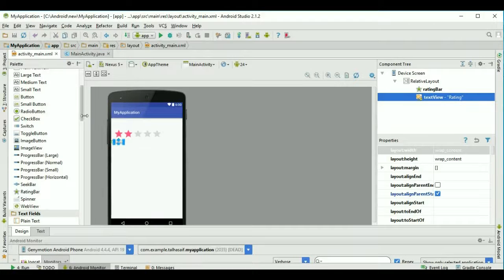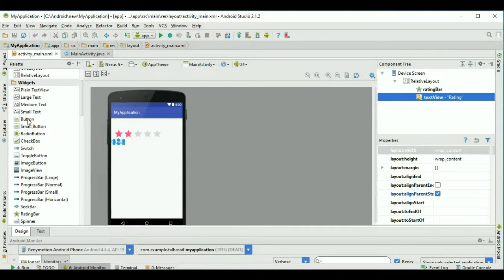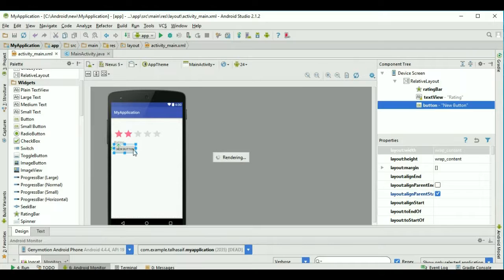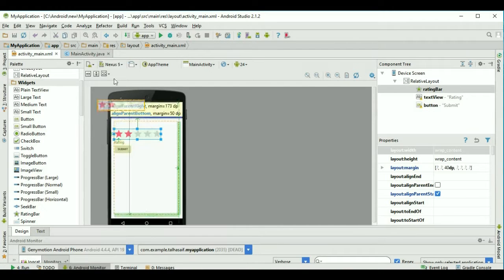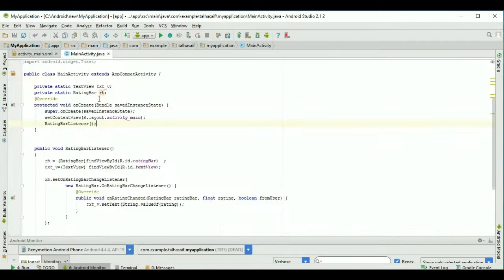Okay, so in this part, we are going to show this output using toast output. Via this submit button, we are going to show the rating on the toast output. So we got to change the name of the button as, let's say, submit review or submit. Okay, so now what you got to do is you are going to your main activity, and you got to